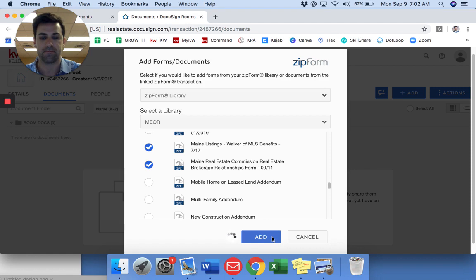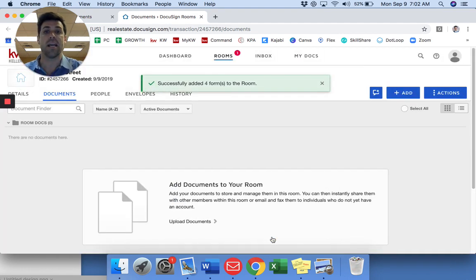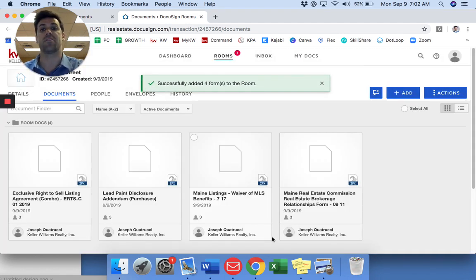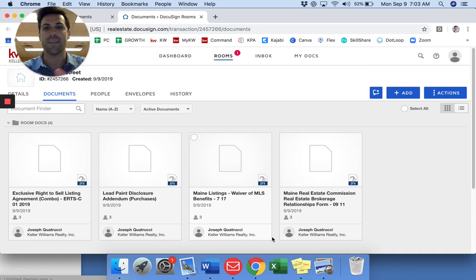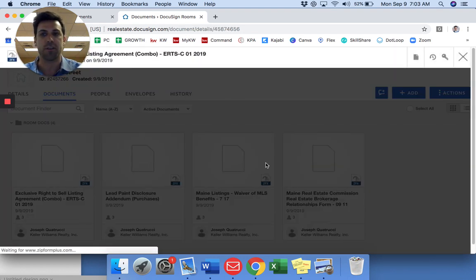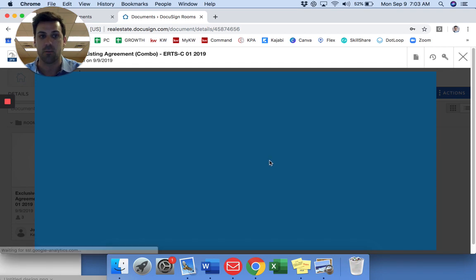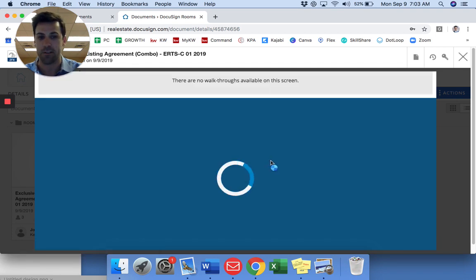Add. Now what this is effectively doing is taking those documents that live within your Zip Form and pulling them into this DocuSign room. And now you'll see that they all just showed up. Now the really cool thing about that is as you click on each document, what you're going to see is that the fields, wait for it,